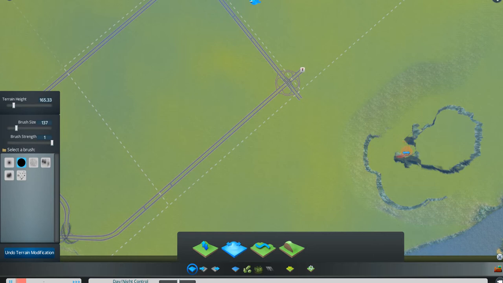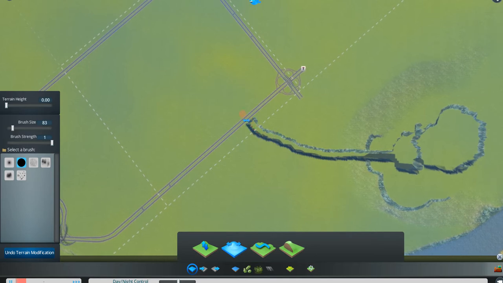Okay, so again down to 0 with the terrain height. Make a little bottom area for this to flow into before it goes out, and then we'll make our brush size much smaller, maybe a tiny bit bigger than that. Now I want it to be big enough that when we make our river, which is going to run through here, now right here you're going to see a problem, but we'll fix it. Okay, it's going to run through here and then back out over here,